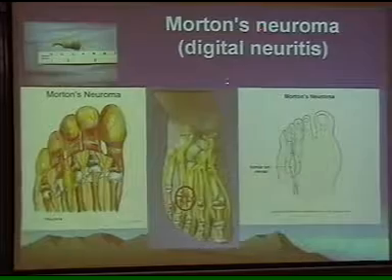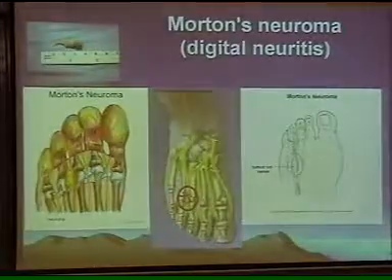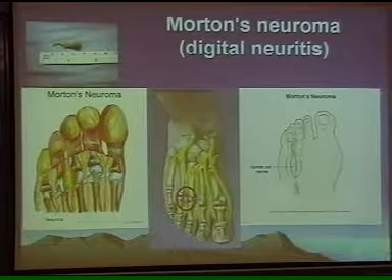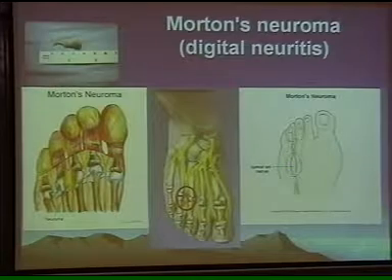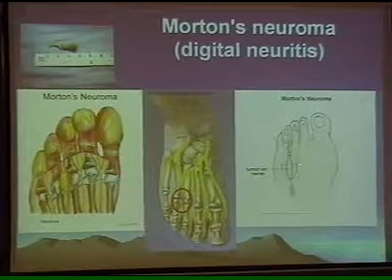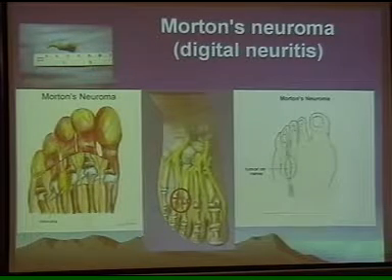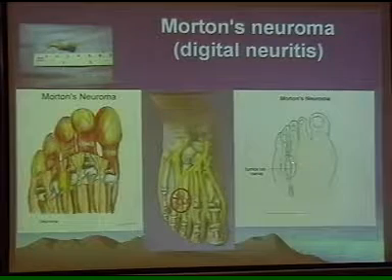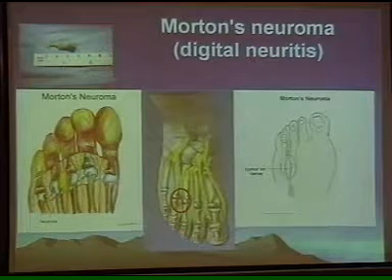We do see Morton's neuroma. Next, please. If we just see, back please. If we just see Morton's neuroma, it's basically a misnomer. It's not a tumor. It's basically a fibroneuritis. If we just see it under histology, there is a thickening of a nerve in this area, and there is a lot of tenderness. The patient bitterly complains of pain on walking,